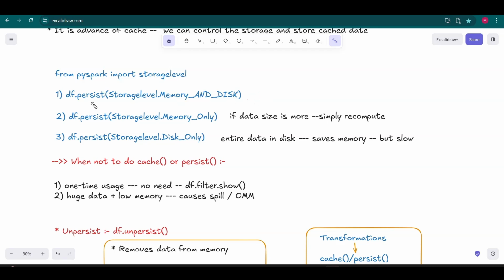If I'm using df.persist with memory and disk, I'm just telling my Databricks, or my Apache Spark, that if my storage got full in memory, simply store it in disk. That's it. I can store it in memory, I can store it in disk, it's my wish. If I'm using StorageLevel.MEMORY_ONLY,